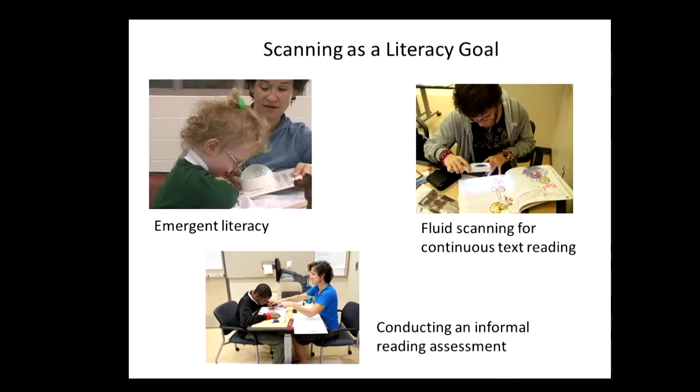a preschooler working with emergent literacy is using the dome on a slanted page and showing good positioning. On the bottom left, a student is completing an informal reading assessment. These should be done regularly each semester, and the students can become very invested in tracking their own progress, making a chart of that activity so that they are aware of how they're doing in comparison to peers with regular